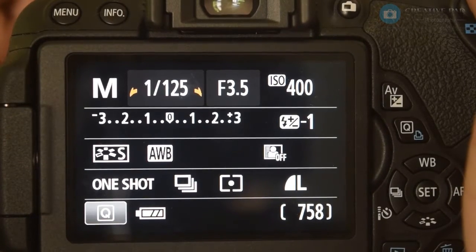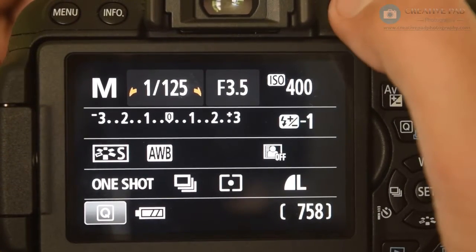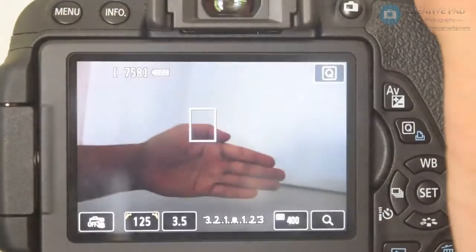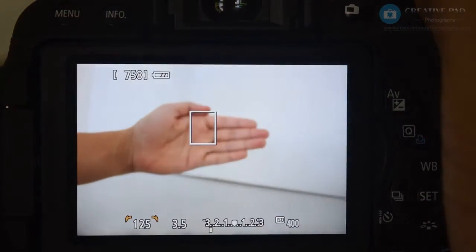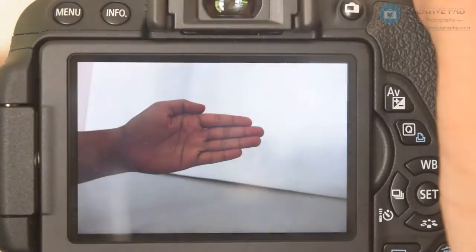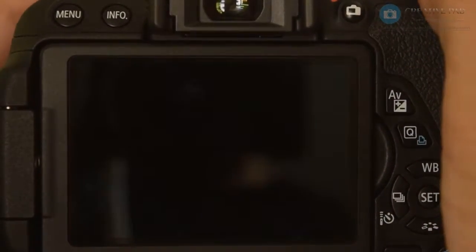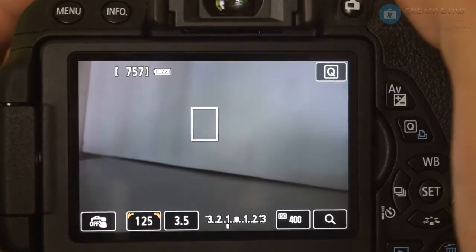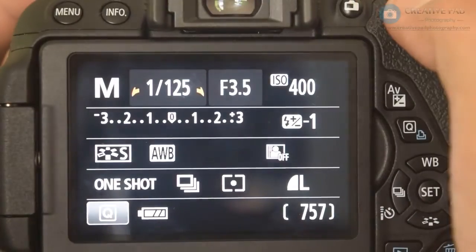Now let's see the effect of this exposure meter on our shots. So what we're going to do is put our hand in front of us, lock focus on it and take a shot. And we'll be doing this at different levels, or at different areas where the pointer is pointing on the meter. So first,